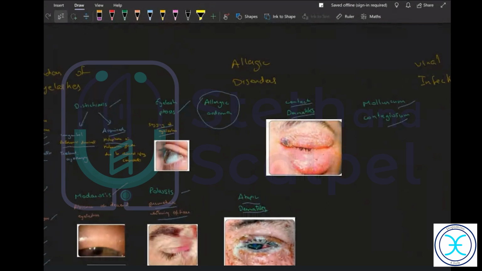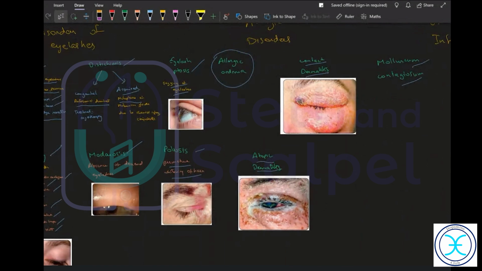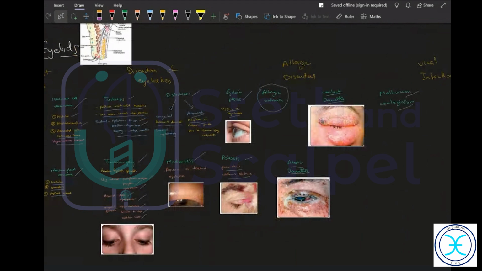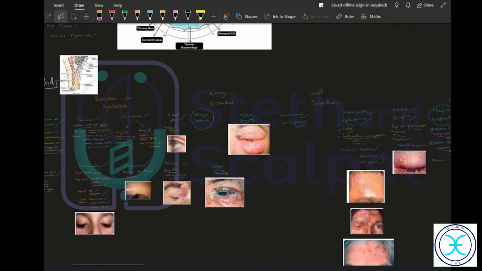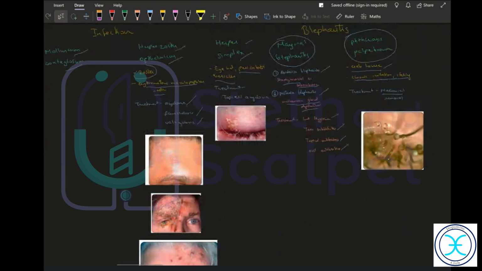Other smaller inclusions would be orbital cellulitis and dermatitis. All of these can be seen in the eyelids too, along with some big diseases like herpes zoster or some congenital syndromes like Sturge-Weber syndrome and Mikulicz syndrome. You can see bulges in the eyelids and all of those things. They're very rare conditions. You won't be tested on most of them, so I just wanted to mention all of that.